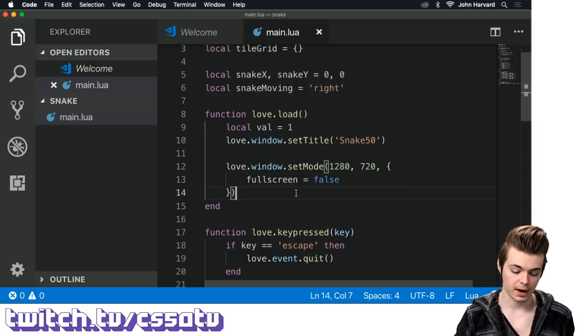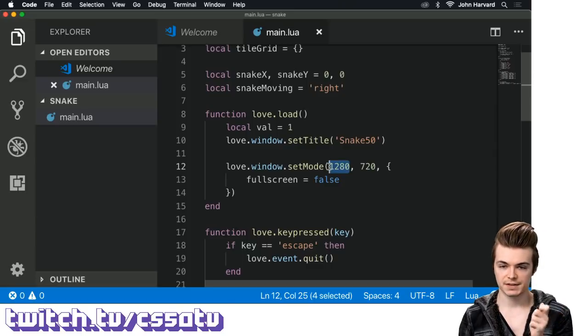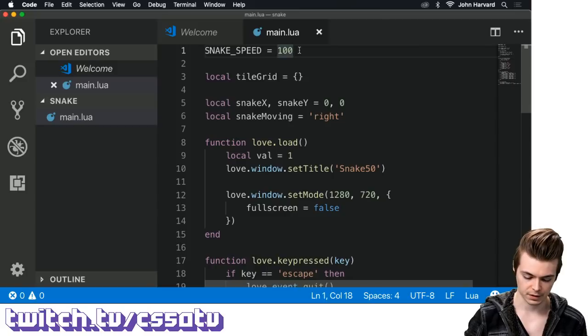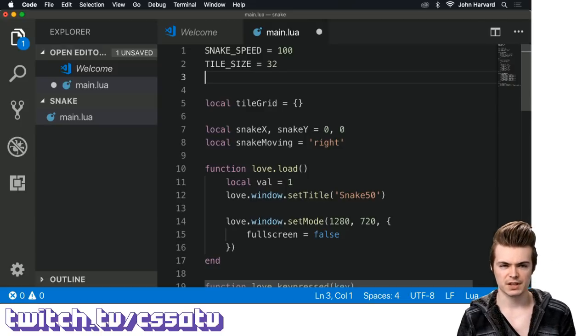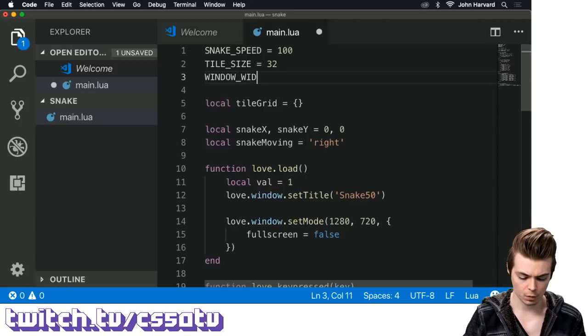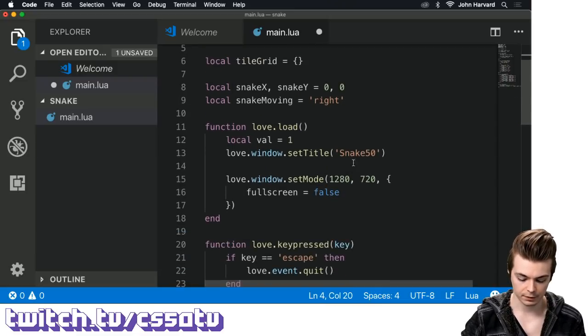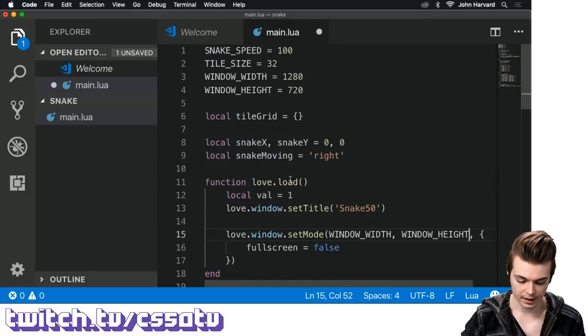Now that I know what my resolution is, I can say, okay, maybe I want to have all of my squares be 16 pixels, or actually let's do 32 pixels. Let's make our square size 32. So I'm going to say tile size gets 32, and then just to have good style, I'm going to say window width is 1280 and window height is 720. I'm going to come down here, replace this with window width, replace this with window height, and now that I